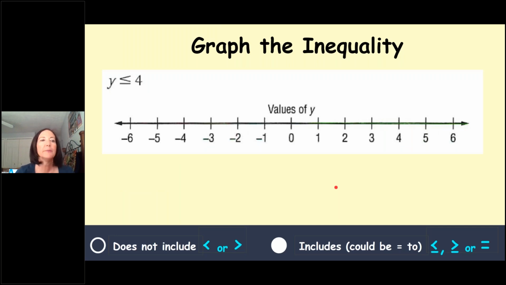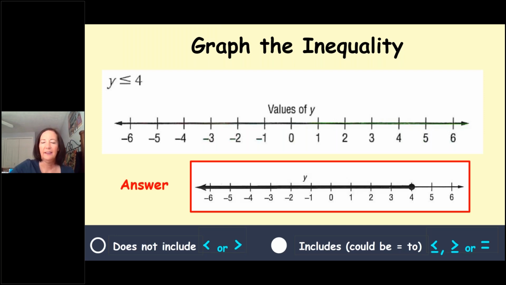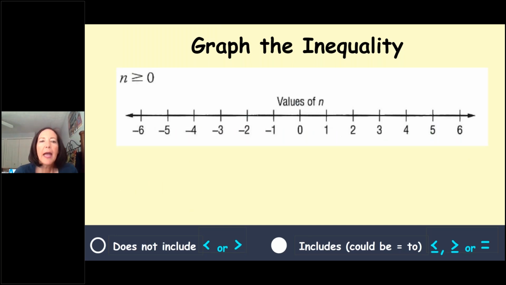Okay, so Danielle, how about this one? What would this graph look like? It's going to look like a closed circle on 4, and it's going to be going to the left. Perfect. Okay, how about this one, Taylisha? What's this graph going to look like? It would be, the circle would go on the 0, and it would be closed, and